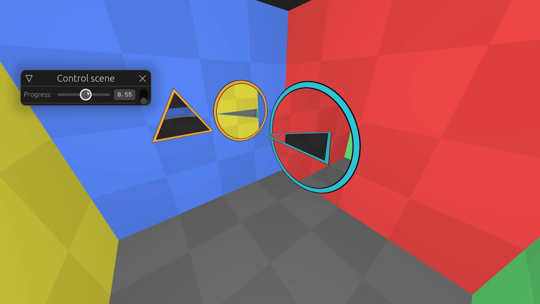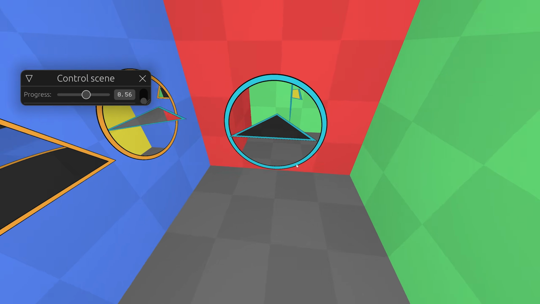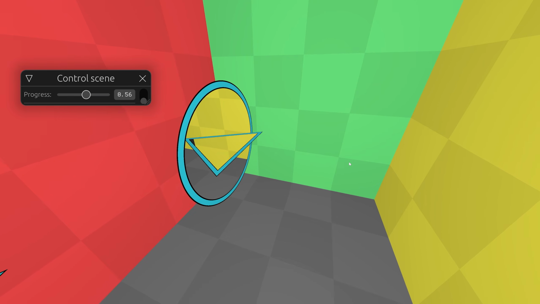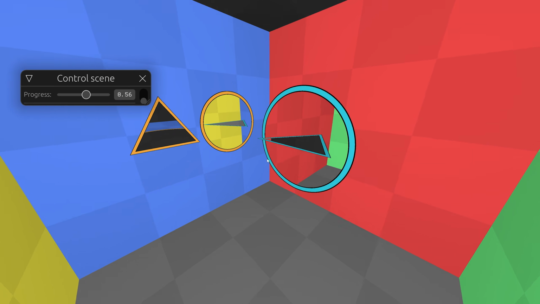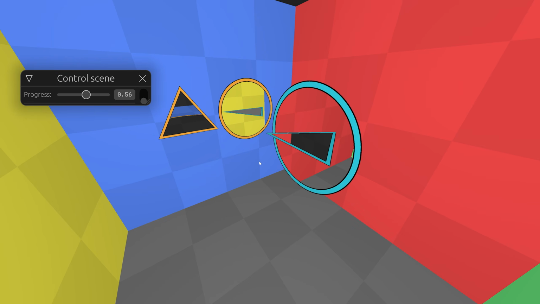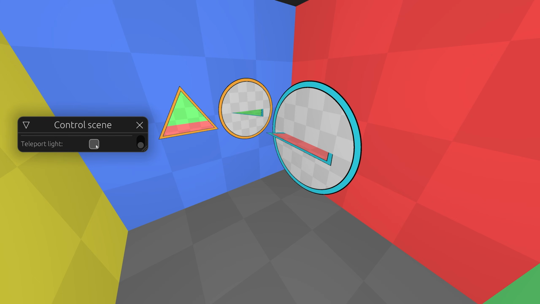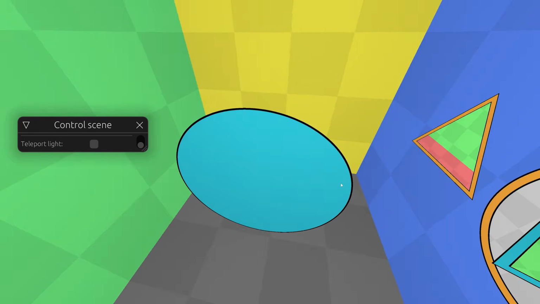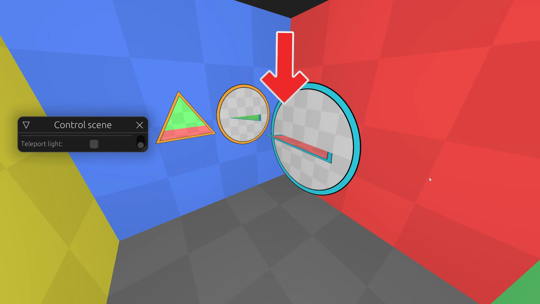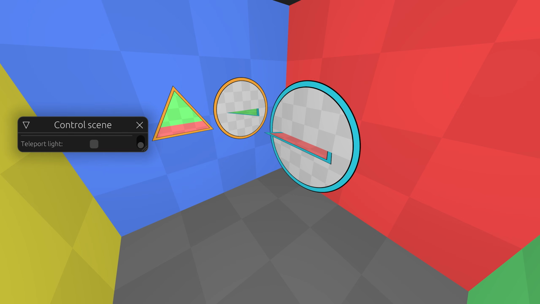So now we can take one triangular portal and push it inside the circular portal. The result is straightforward. Everything looks continuous and we can barely notice any change. But when the effect is so seamless, it's hard to understand how it works. So let's break the continuity illusion and disable light teleportation. Now our portals can teleport objects but can't teleport light. We see that there is some surface behind which is another place. We will use that frequently to understand how portals work.